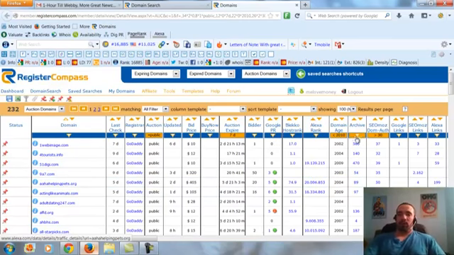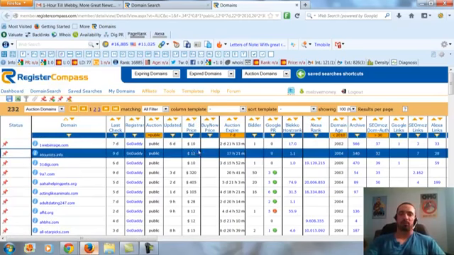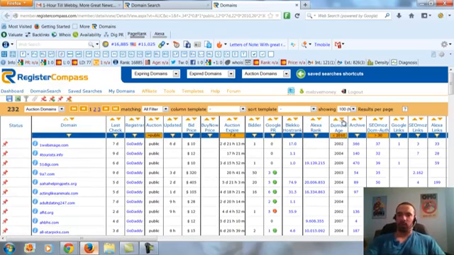So once you get in here, you can organize by domain authority. You can organize by domain age. That's good for this method. You can organize by PR if you want. Bid price you can organize by. I'm sorry, some of them start at $10. Most of them start at $12. For this one, I'll organize by domain age. Just kind of mix it up.